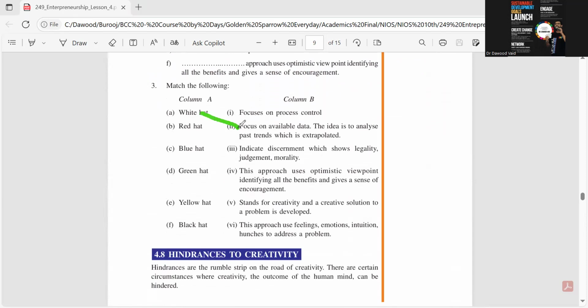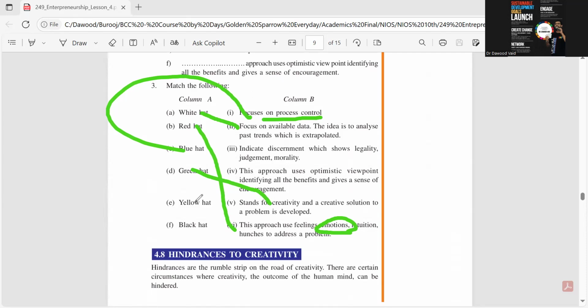What about the red hat? Red hat would be about emotion. See, the keyword is emotion here. I can quickly go for red hat in emotion. My blue hat would be, blue is always the sky, focus on process. So blue hat comes in here. Green hat, now it's very easy. Green hat has to be creative. So I have got a creative problem here. Yellow hat is all about an optimistic view, sunshine hat. And the black hat I go for is legality, morality, caution, judgment.